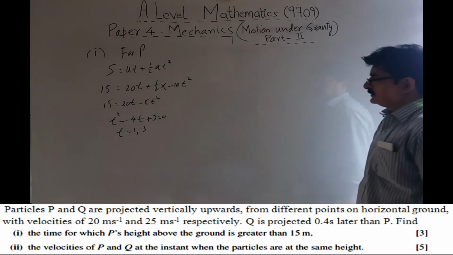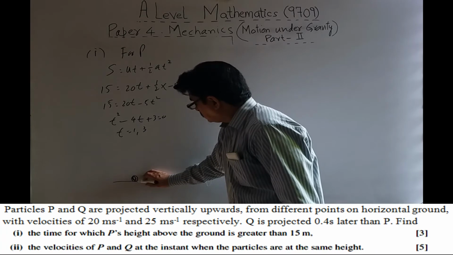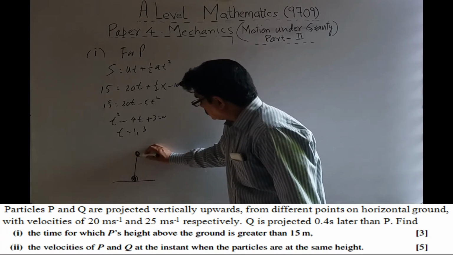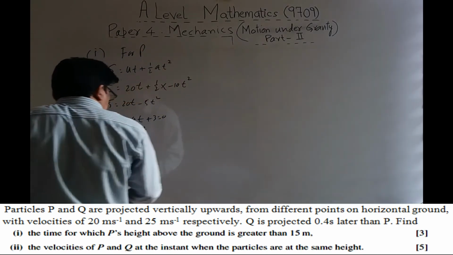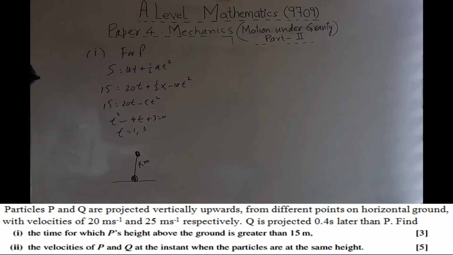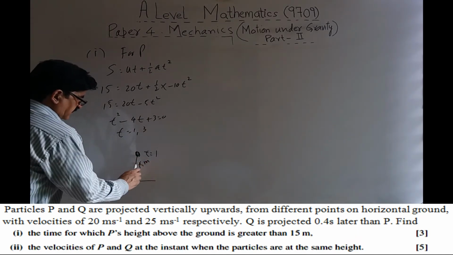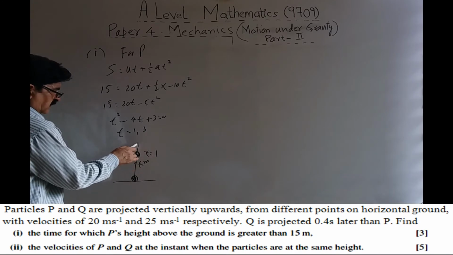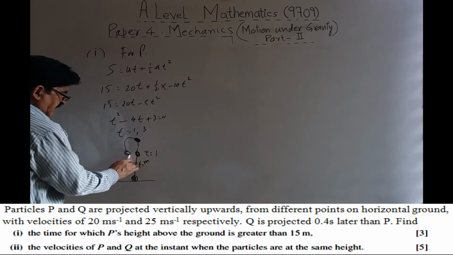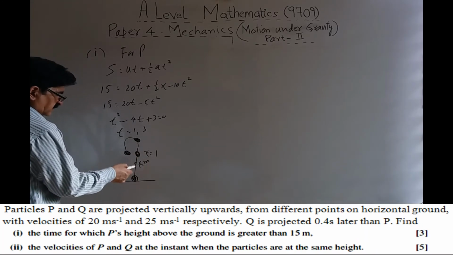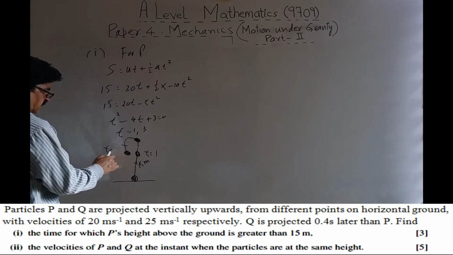And now again please see this situation, that we projected P from, suppose, this level, and suppose this height is 15 meter. Now we get two values of time. Understand, one time is 1 second when it is going up, then it goes up to some height more, and then it comes back again to the same height. So from this point up to highest and then back, this time will be 3 seconds.